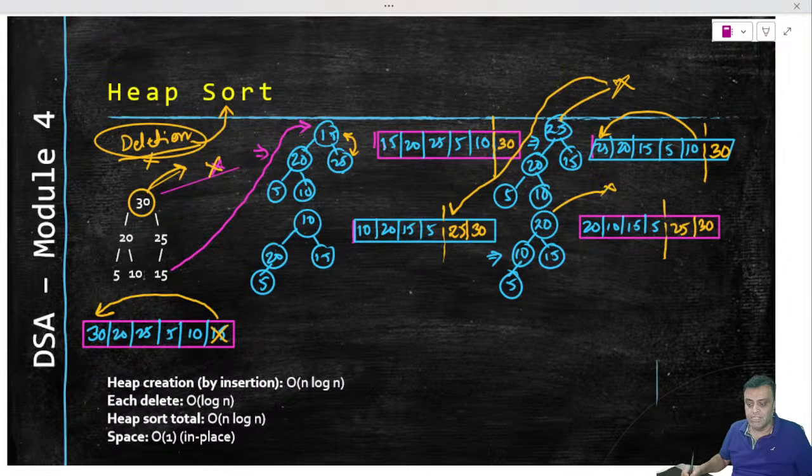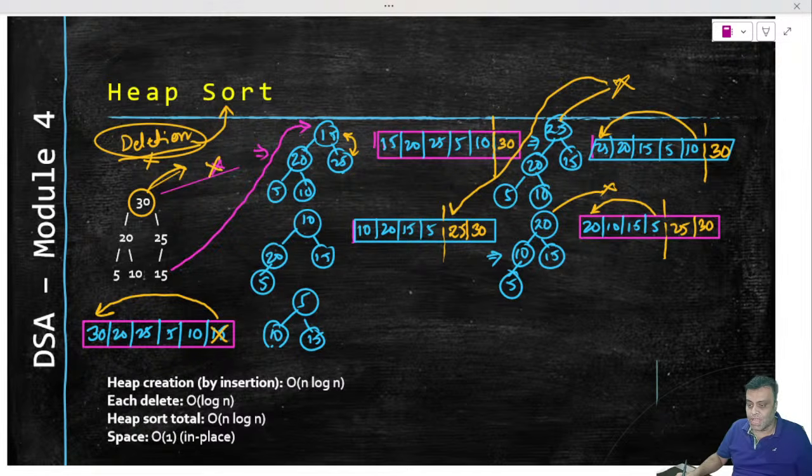I will delete this element, and who will I move? I will move the lowest element into the front of the array. Right? So that is what we will do, and in fact to do that, our tree should look like this: 5 has moved to the top and 20 has gone out. So 10 is there, 15 is there. 5 is no more there, so 5 has moved to the top, so this link is not there.